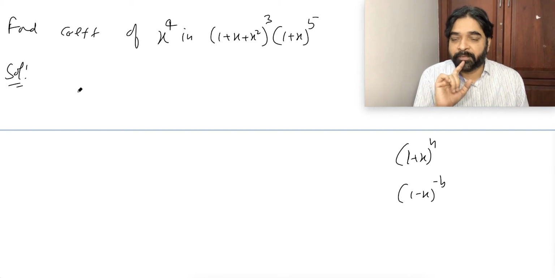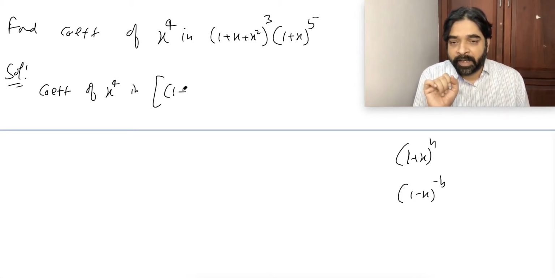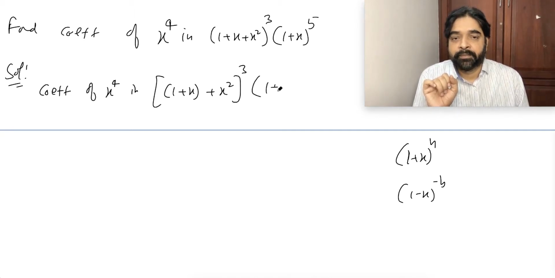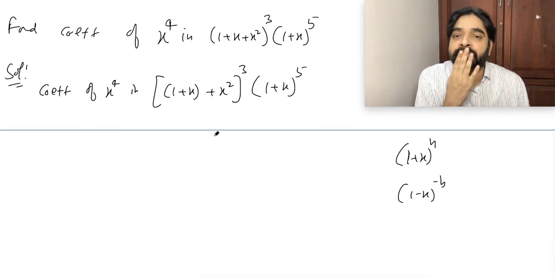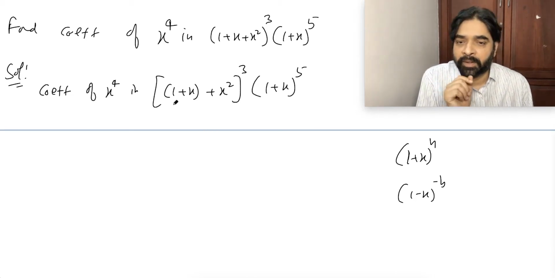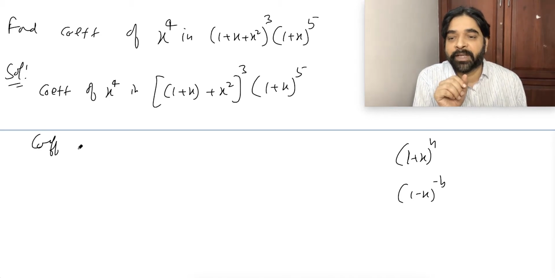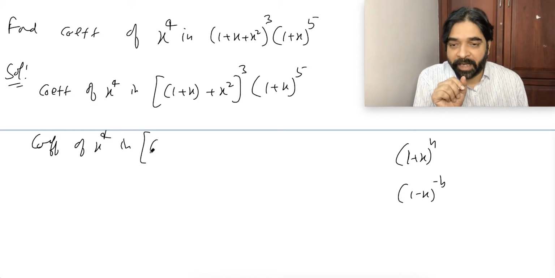Look, watch carefully. I'll say the coefficient of x power 4 in this part, a little bit I want to do. Can I write like this? Yes or no? Wait, nothing I did, I just put a bracket. This is (a plus b) whole cube. (a plus b) whole cube we can easily expand by using the formula. What is the formula of (a plus b) whole cube? a cube